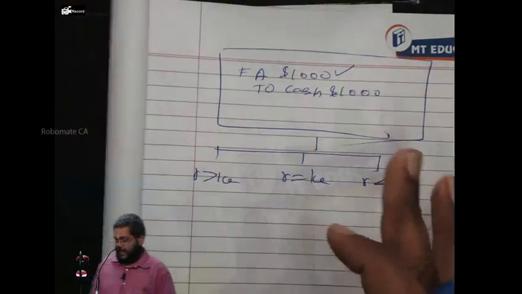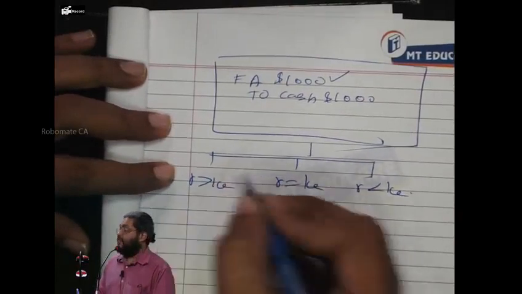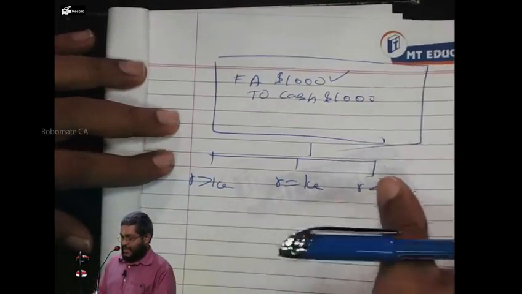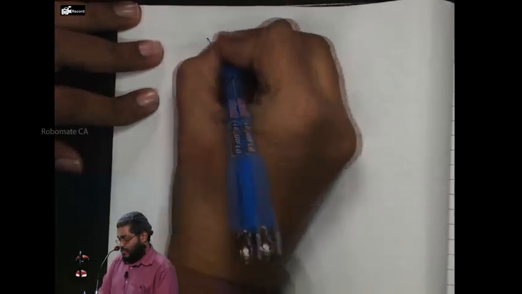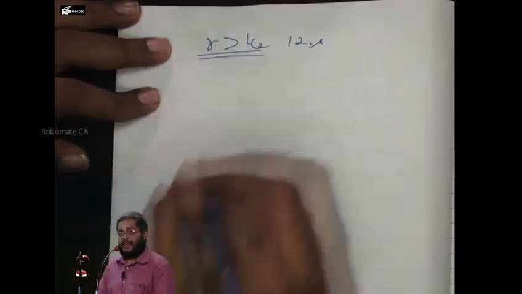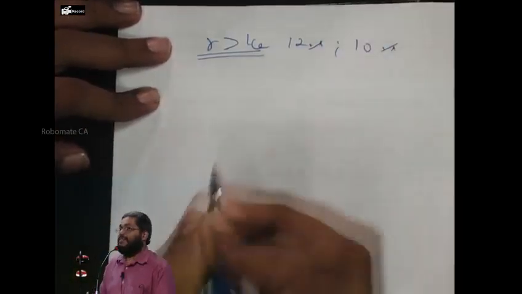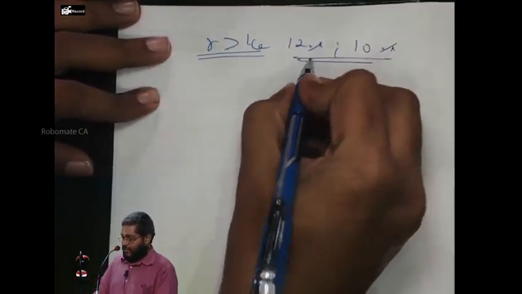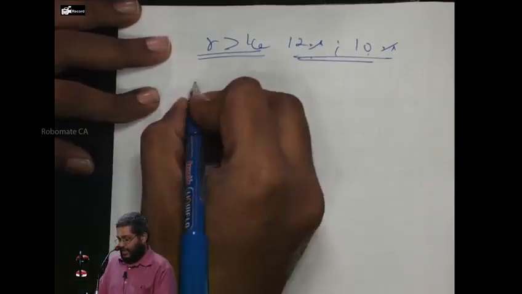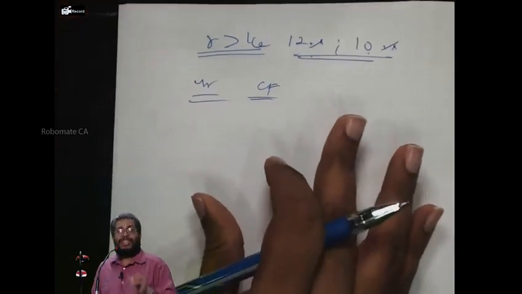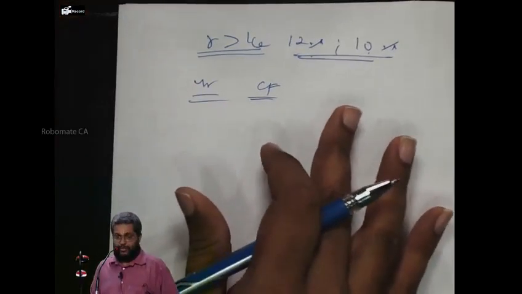Now listen carefully. In that case, if R is greater than KE, let me have an example here. The project gives a 12% return. I want a 10% return. Can I proceed or not? R is 12%, KE is 10%. Here the cash flow, for a simple example, I call this a level perpetuity. Can I proceed or not?